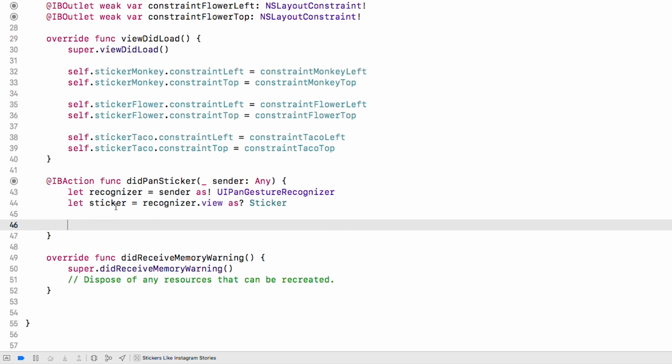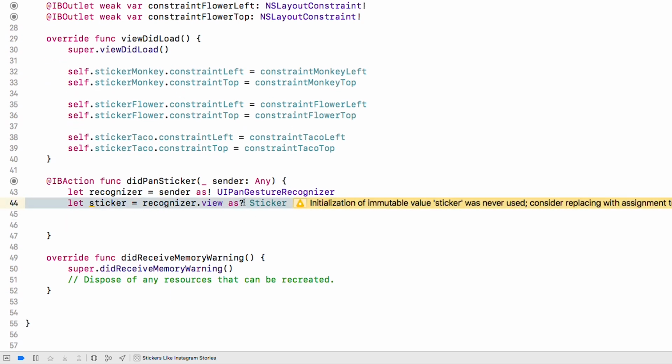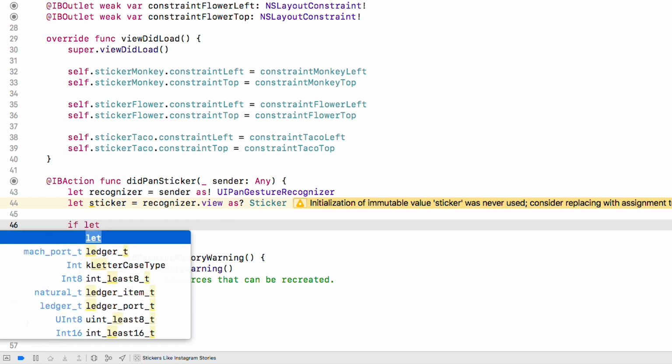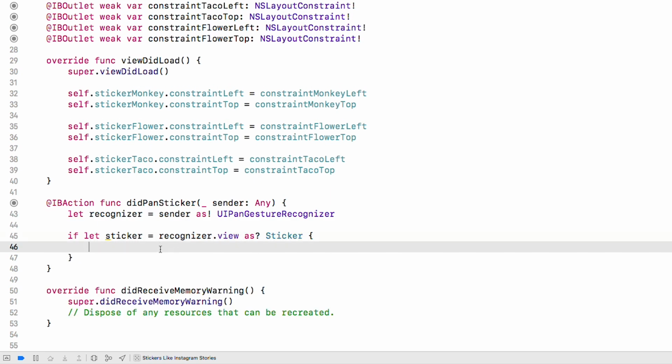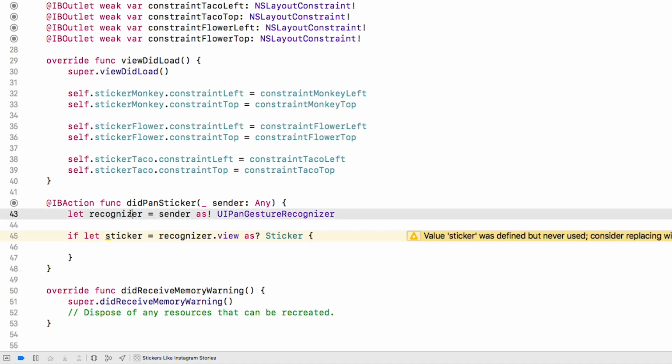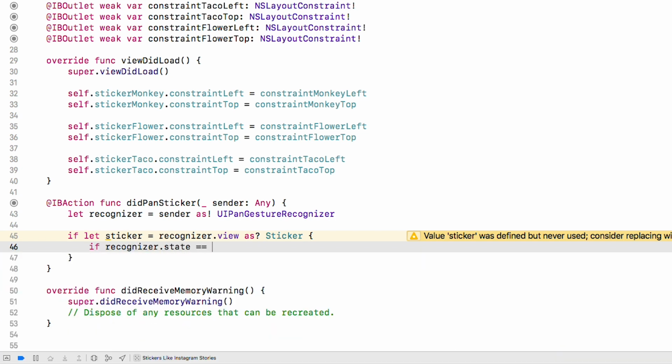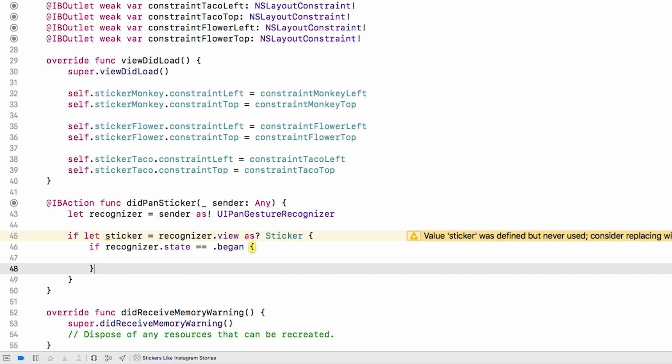Now, since we want to do something with this sticker and it is an optional, we're going to do something that we've seen before and you'll see a lot in Swift, which is, there we go. Now anything we do in here, we can be guaranteed we have a sticker. Now, a recognizer calls this method in 3 different situations. Once when the finger goes down, numerous times when you're dragging, and then once at the end when you let up. The way to distinguish those is by checking the recognizer state: began, else if recognizer.state equals changed,